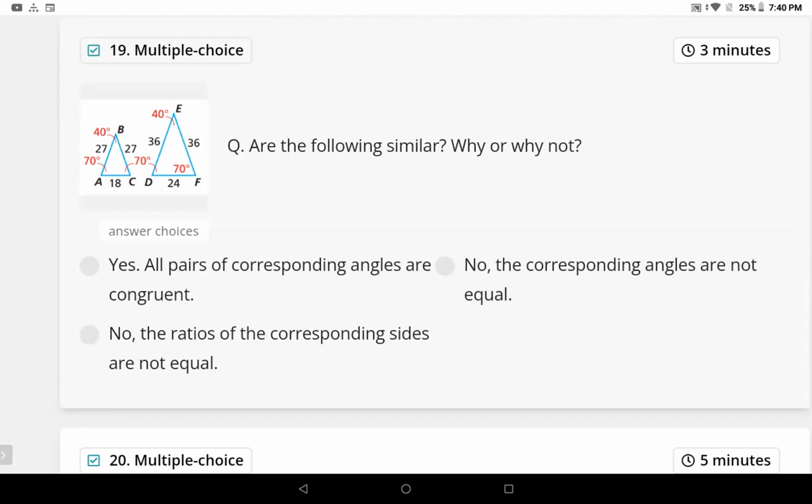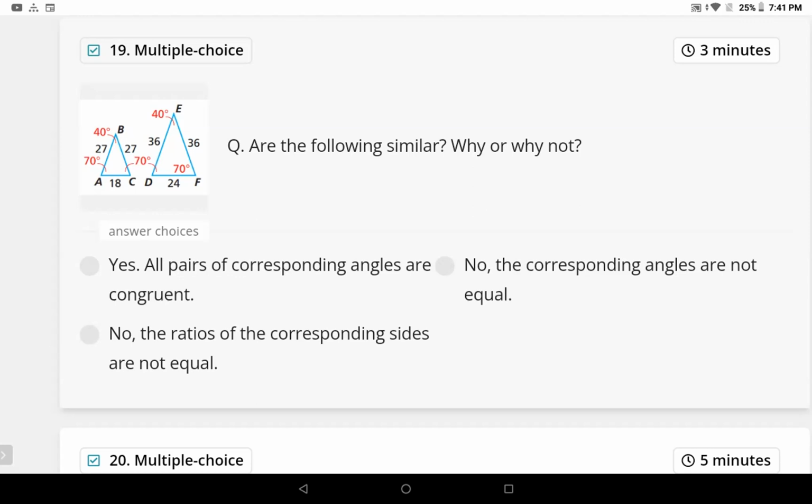Yeah, Divyesh, I will do this bit on screen. If you take AB length as 27, corresponding DE length is 36. 27 and 36 will go in which table? Common table 9. 9 threes are 27, 9 fours are 36. So 3 by 4 you will get. Coming to side AC, check with DF: 18 by 24. So 6 threes are 18, 6 fours are 24. 3 by 4, yes, it is true.